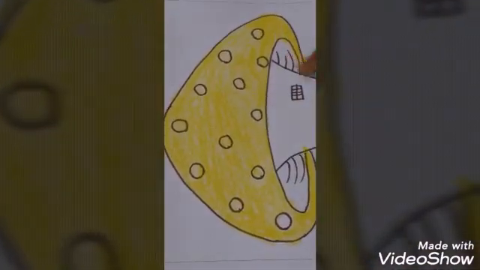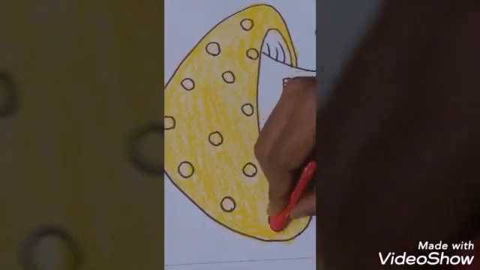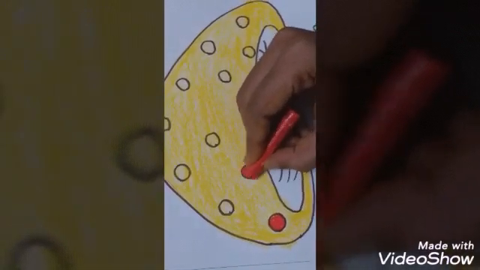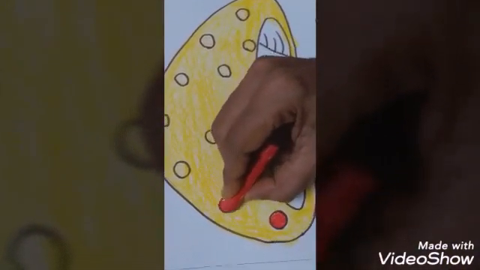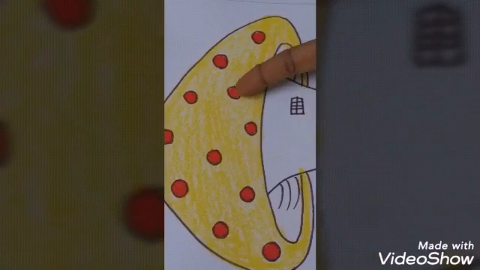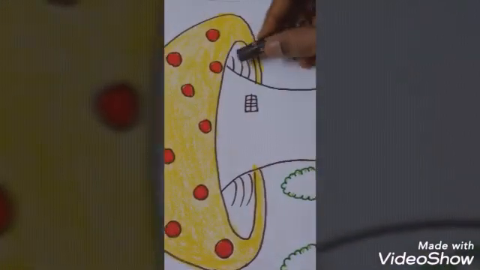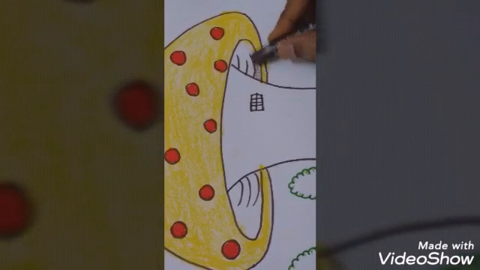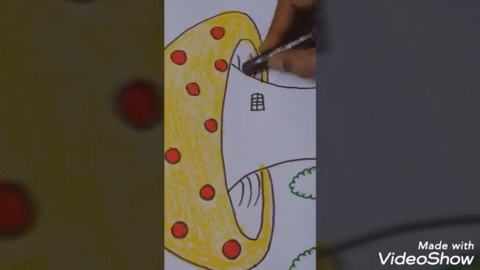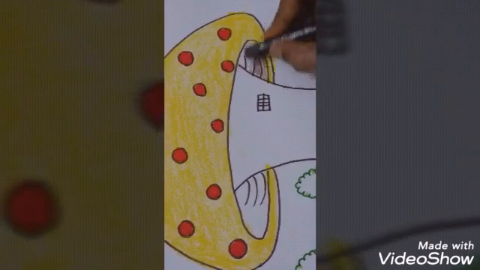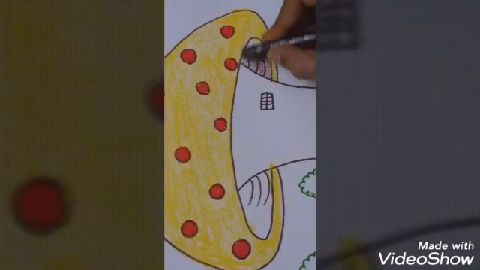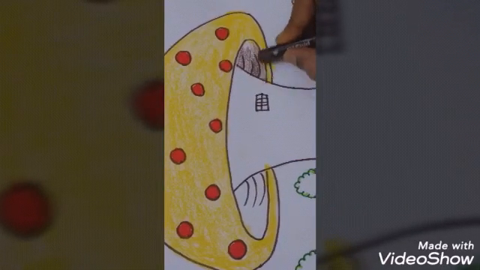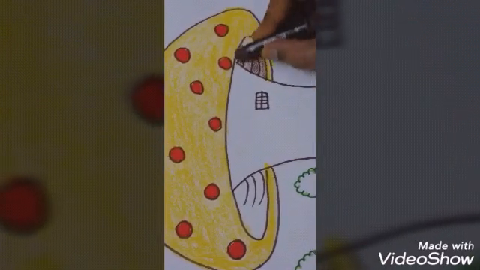After finishing the yellow color, in this circle you have to give red. Each and every circle, red color. Fill it with the red. After finishing the red color in the circles, on this side of the mushroom you have to give dark brown. We gave sketches, no? Same side. How I am giving, like that you have to give. Not fully covering. A little bit of white should be there,